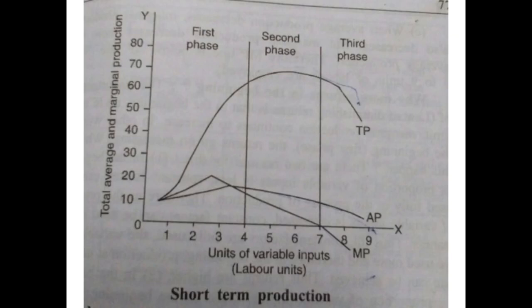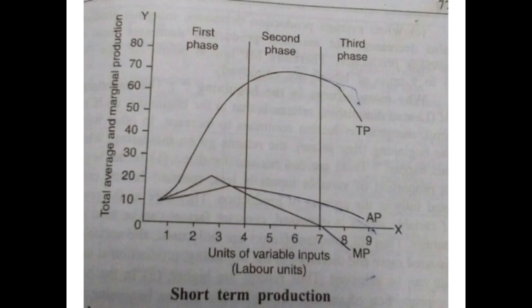Now, why do returns decrease after a certain limit? What are the reasons that we are facing this problem, that our returns are decreasing after a certain limit? When the proportion of variable inputs is added to constant factors, the factor combination achieves the optimum level at a certain point. After achieving this level, if the proportion of variable inputs is increased, it becomes harmful rather than helpful.